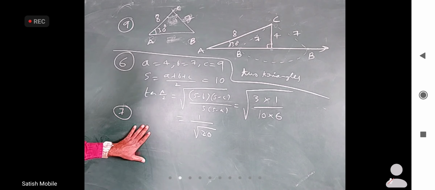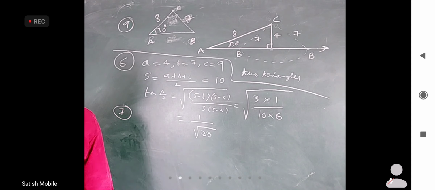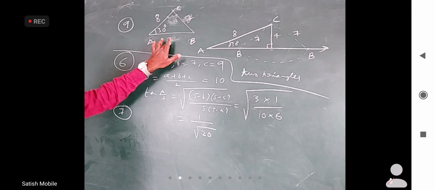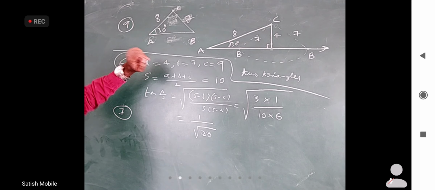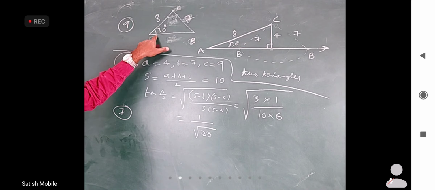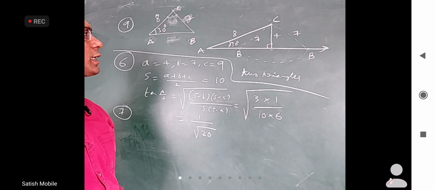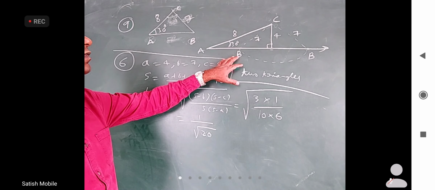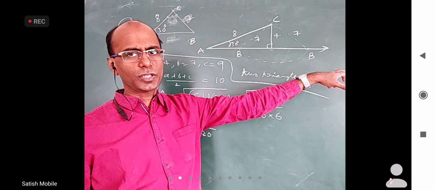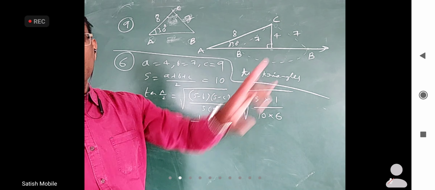After completing the 7th one on your own, we already did a similar question, almost the same. Ninth question: I skipped 8 because we already discussed it in the polygon models. Coming to the ninth question, we already discussed solutions of triangle. It is the same thing: when two sides are given but not the included angle, and some other angle is given, sometimes you may get two triangles. You can understand from the figure very easily. I construct this line first. I don't know where B is, but this is the AB line.